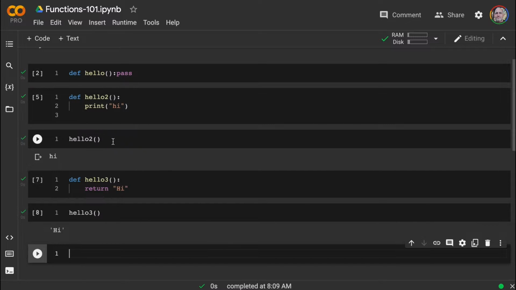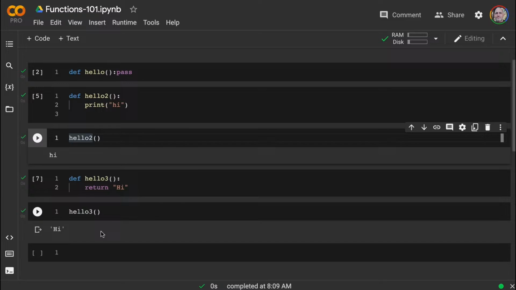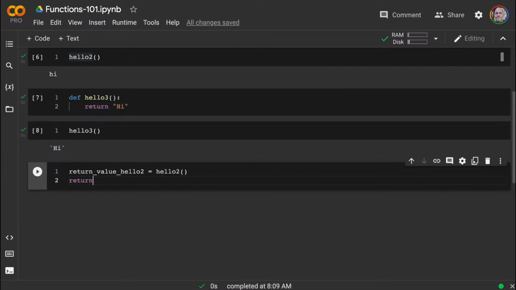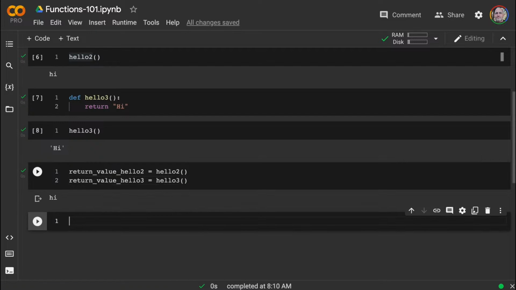What this really means is that if I go back to this, let's put it right here. I say return value of hello2 is equal to hello2, and then if I say return value of hello3 is equal to hello3, we'll be able to capture both return values.